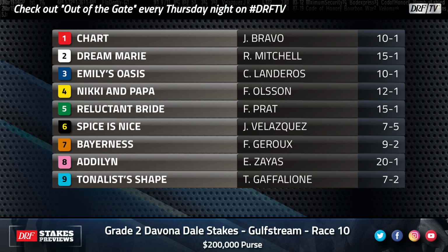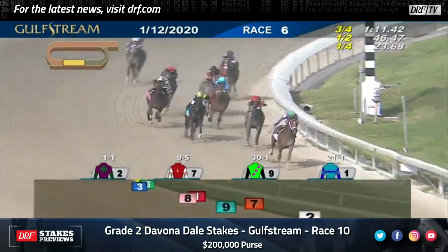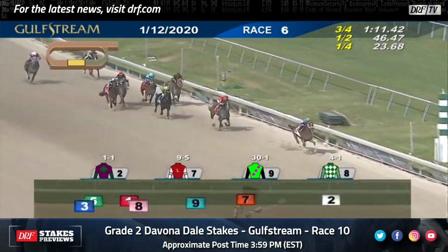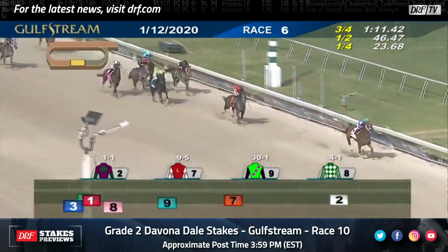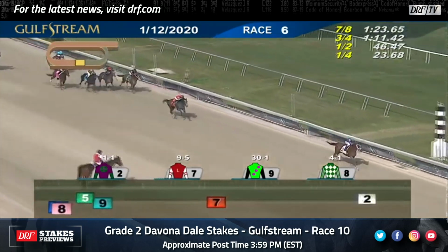Here's the morning line favorite, the number 6, Spice is Nice. Again, she cost 7 figures as a Keeneland September yearling. She is by super sire Curlin. She's got a giant pedigree and a giant debut race that we're going to watch right now. She exploded up the inside on the far turn. Really nice trip and ride from Johnny Velasquez, and now she's just going to continue to improve her position. She wins by 12, an 84 Beyer speed figure,